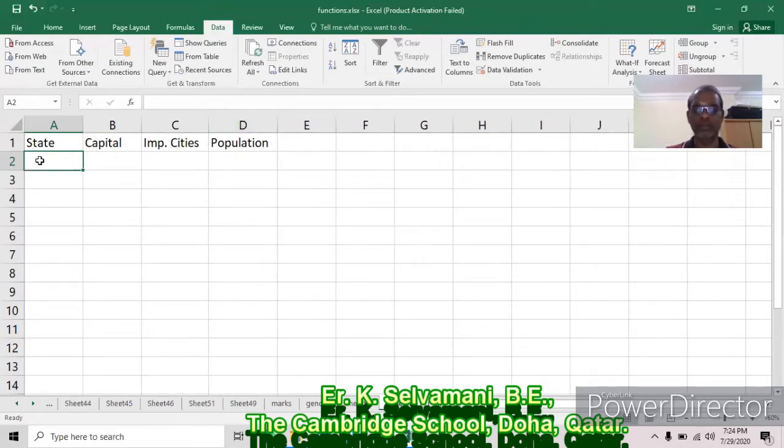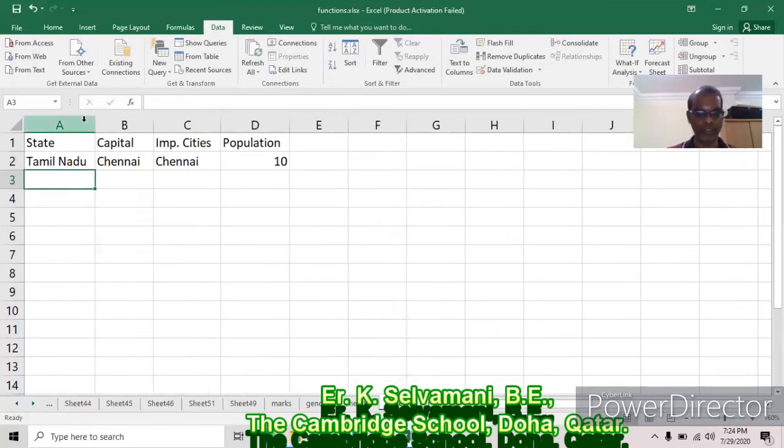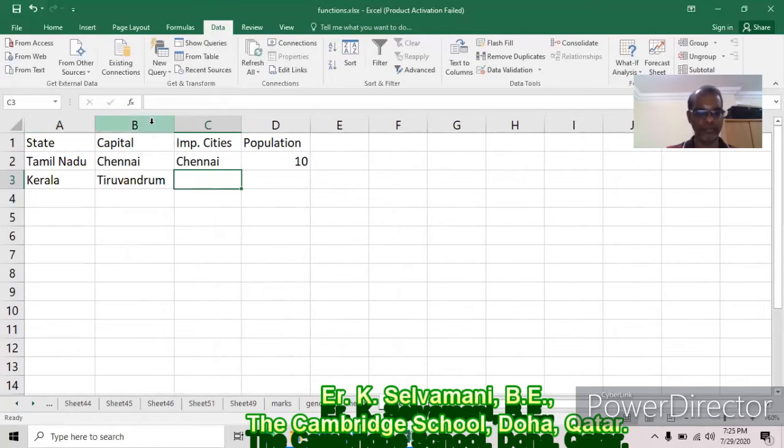So here we should know all the state names as well as the capital of the state, important cities as well as the populations. So first I'm typing Tamil Nadu, Chennai, again Chennai. Just say it is 10 lakh. Population in lakhs. Kerala. Randomly I type in the population.